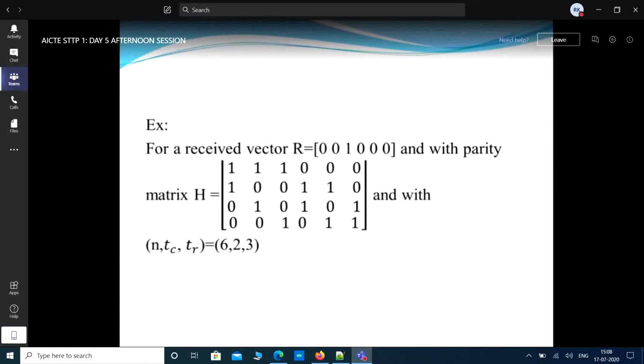Then I will consider one example, to make this LDPC decoder easy to understand. For a received vector R, the first step is the received code word from the channel. This is the given received code vector. I already told you the length of the received code vector is equal to the length of the code word, which is equal to the error vector length also. In this case R is equal to 0, 0, 1, 0, 0, 0. So what is the length? 6 bits is the length of the received code word, and our code word length is also 6 bits.